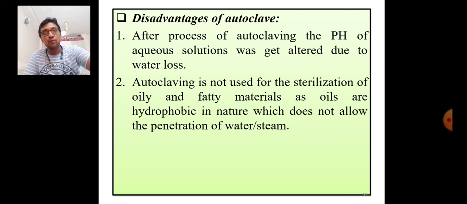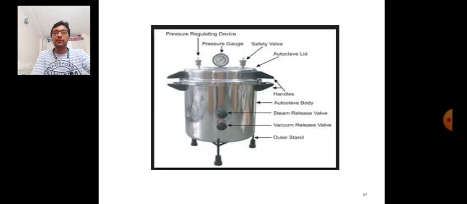Okay, so this was the figure related to the autoclave, which I have already explained to you in the construction part. It is an upright cylindrical vessel having two walls at the top side. From the center, at the center point, if you will see, there is the pressure gauge which represents the pressure. I have told you, when the pressure of 15 lbs is there, at that time the temperature is